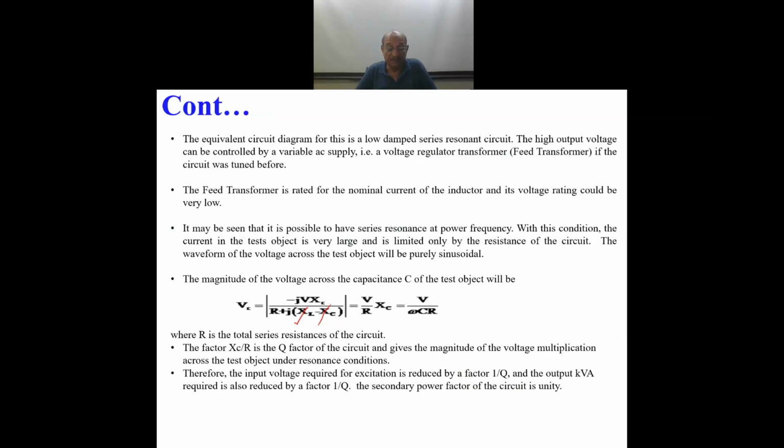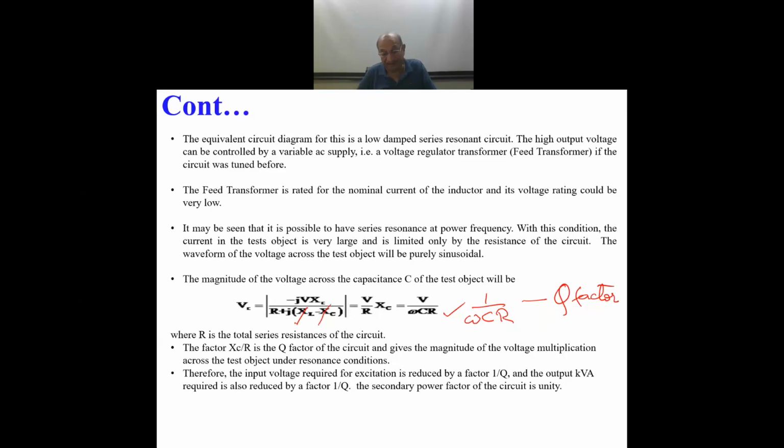voltage across the capacitor will be V by R into XC, or you can say XC is 1 upon omega C, so that will be V by omega C R, and the ratio to V is 1 by omega C R. This factor is known as Q factor, and 1 by Q obviously will be equal to omega CR. The factor XC by R, that is 1 by omega CR, is the Q factor, and